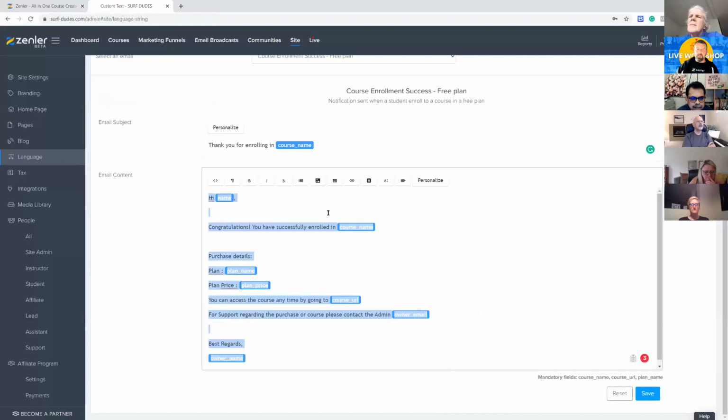So this means that you can go and customize this. Now, remember, this is generic. So when it's saying hi, it's got a personalization tab in there. So this is personalization. All these little blue boxes that you're seeing in here is pulling data in from the name of the